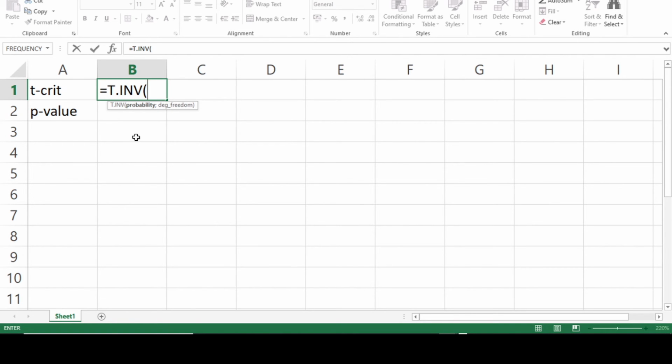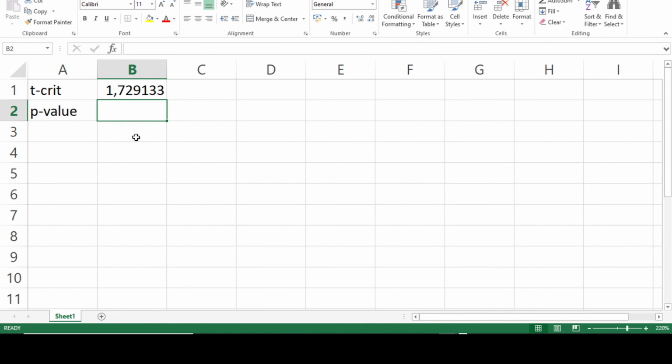Now, because we have a right-sided alternative, our critical value will lie in the right tail, and my alpha is 0.05, so the area to the right of my critical value is 5%, and the area to its left will then be 1 minus 0.05, so that will be my 0.95, and my degrees of freedom is 19. And then I get my critical value